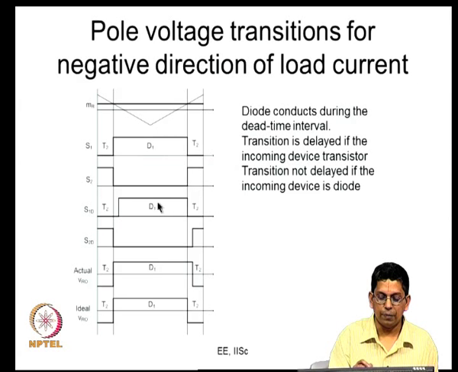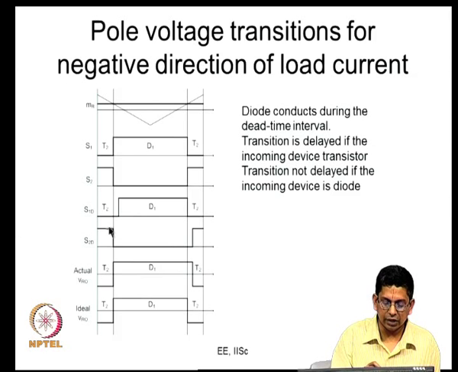You take this interval, the top gating signal is high, the bottom gating signal is low. So, the bottom transistor can certainly not conduct. So, who will conduct? It is the top diode that will conduct now. So, the top diode will conduct, and prior to that it would have been the bottom transistor. So, the transition is from the bottom transistor to the top diode and back to the bottom transistor. So, this is how they are going to conduct now.